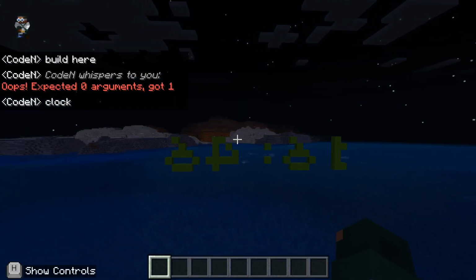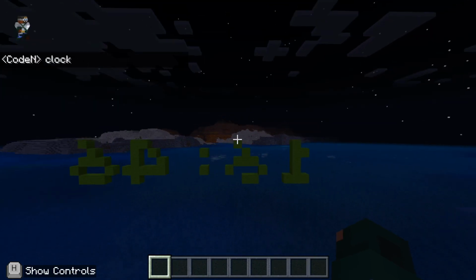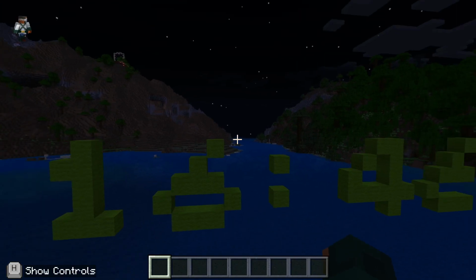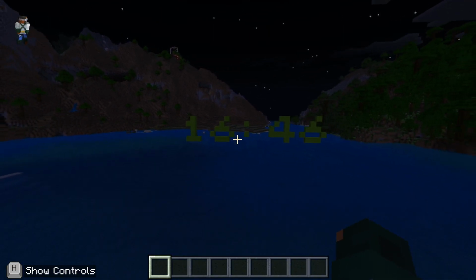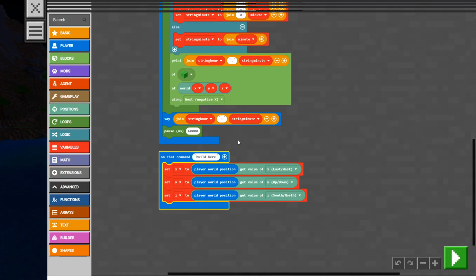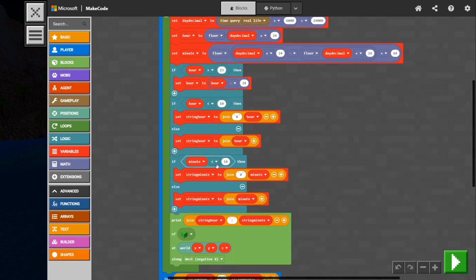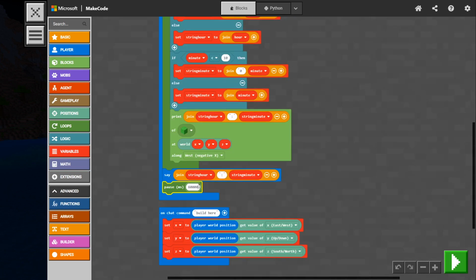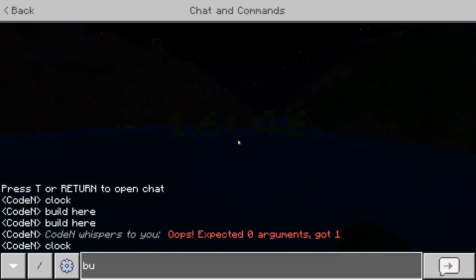So like I said, oh, it built it backwards. I don't like that at all. So now what it's doing is it's going in and changing the clock, but it's changing it very fast. So what you could do if you really wanted to is up the pause by maybe one more zero. You could just see how that goes. It's really up to you. I'll just type build here